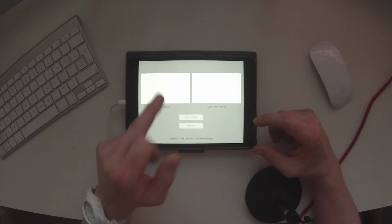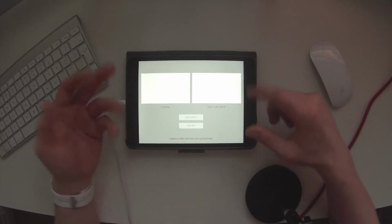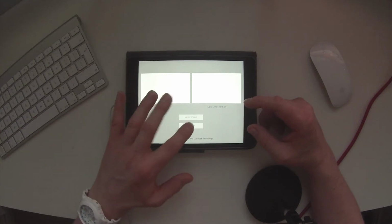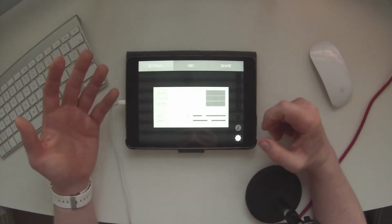But under here is a tutorial that shows you how to use the app, and then there's also the same MIDI and Wi-Fi setup tutorial, if you want to go through that. So if I click on play app, go back into the app again, and click on this little settings icon here,